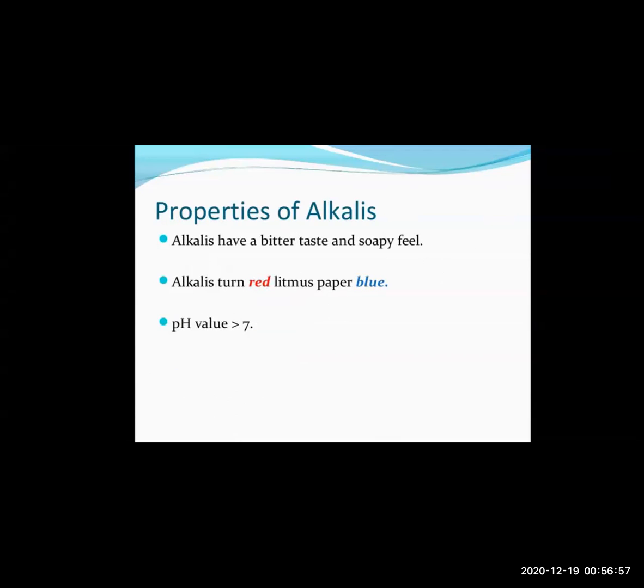Okay, and in alkalis, the red litmus paper turns blue. And what is the pH value? It is more than 7. The pH value of a base is more than 7, and the pH value of an acid is less than 7. Okay,